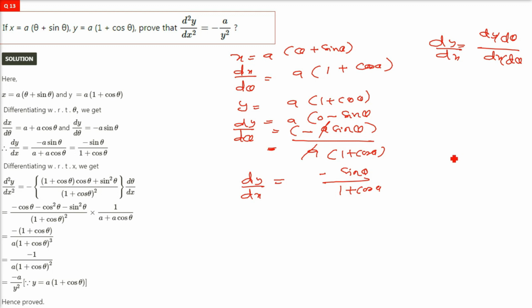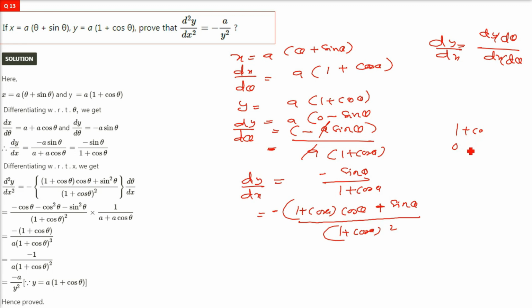So we have to find out d2y by dx2. We will find it out in the normal fashion, but we have to once again write d theta by dx, and that will be coming from the second line which you see here. So I'm just differentiating it using the quotient rule, and this you already know, 1 plus cos theta square in the denominator. First we'll take 1 plus cos theta, sin theta will be cos theta, then we have sin theta,